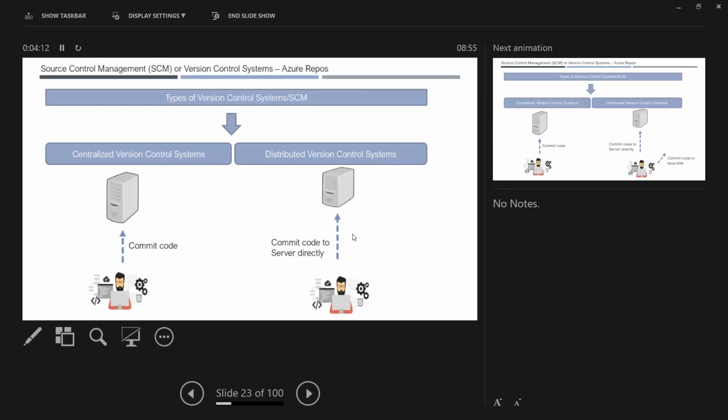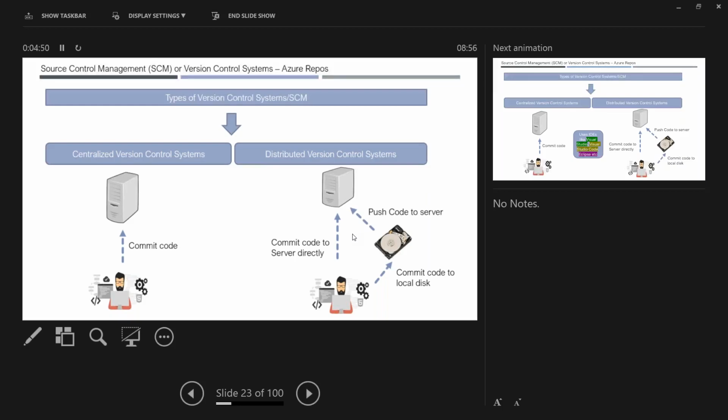This is how your centralized management system works, and we can do the same thing in distributed, but this path will not be used in real-time use. The other path is that you commit code first to your local disk. You might be confused, but I will make it clear as we move on. Remember that when you are using a distributed control system, when you save or commit the code, you are committing to your local disk, your local folder, first, and then you push that code to the server.